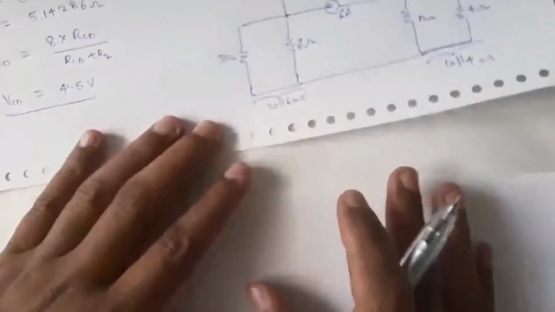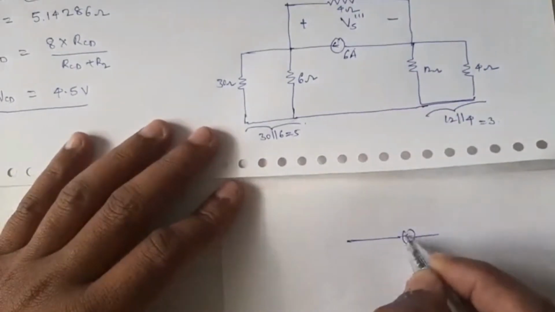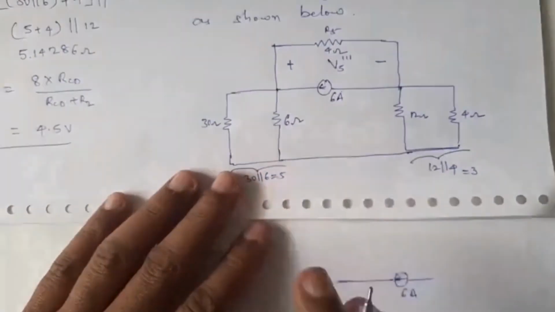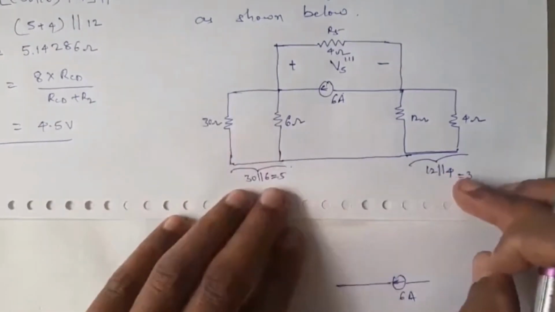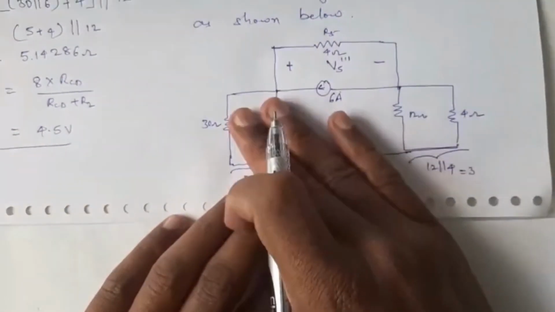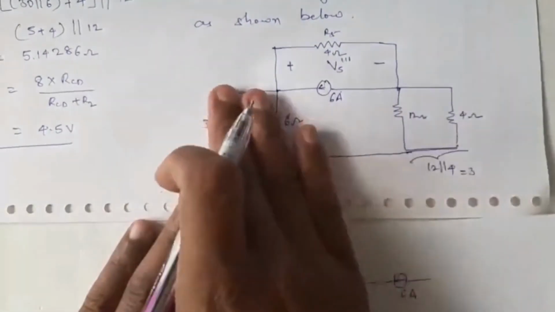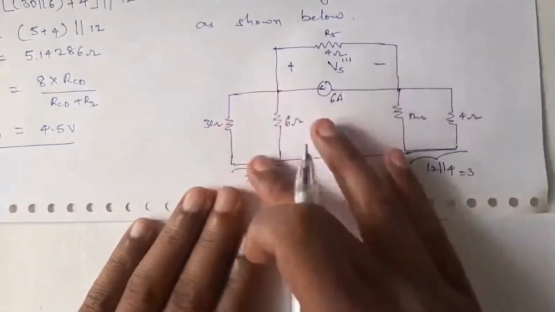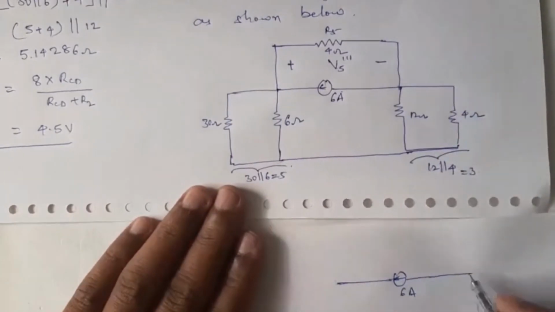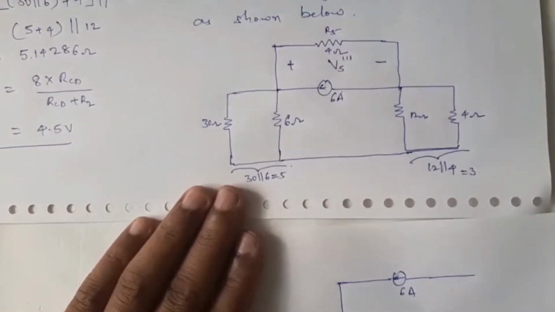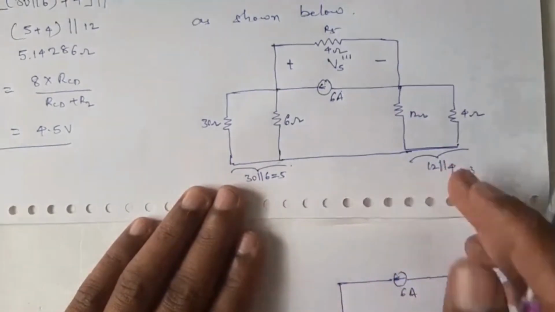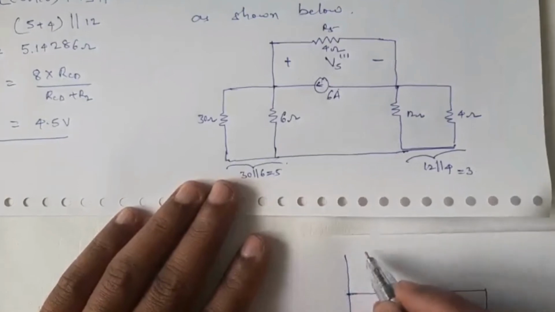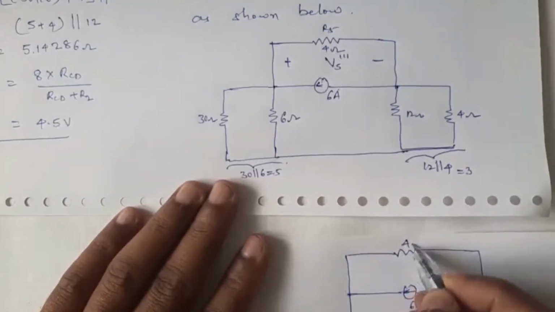So how do you get it? Say here you have a current source, in this direction, 6 ampere. And dear students, look at this. This is 5 ohm and this is 3 ohm, and these two combinations are in series. This is one resistor, 5 ohm. This is another resistor, which is 3 ohm. Both are in series. I can add both and draw only one resistor whose value is 5 plus 3, which is 8 ohm. This is 8 ohm. And another resistor you have on this side, which is 4 ohm. This is 4 ohm. Right?